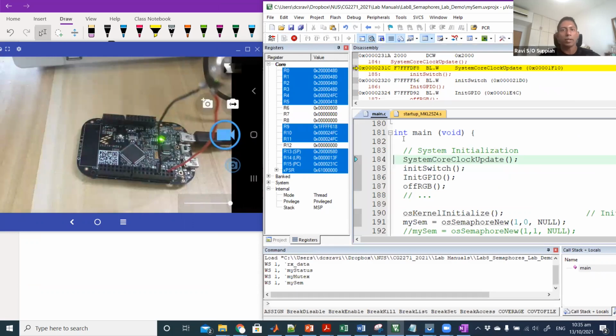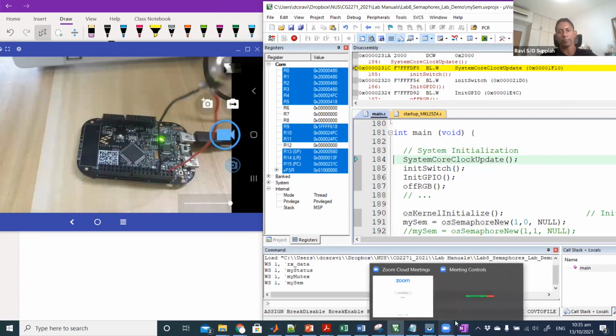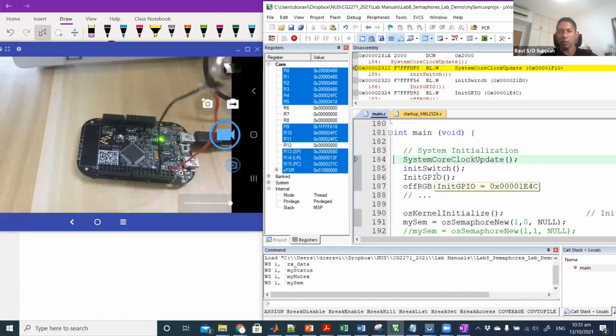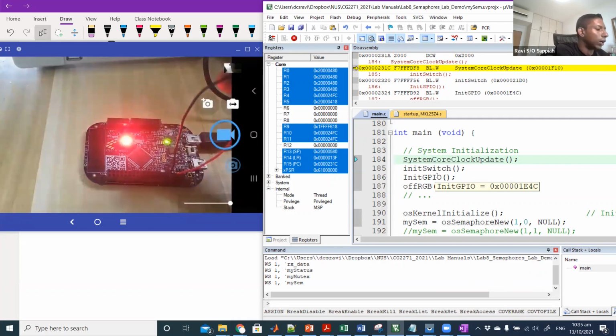Now that it's running, you can see that there is no blinking at all, because as we saw, both the tasks will be in the block state. So what I'm going to do now is press the button. When I press the button, you can see that the